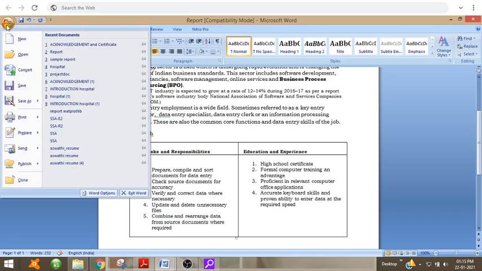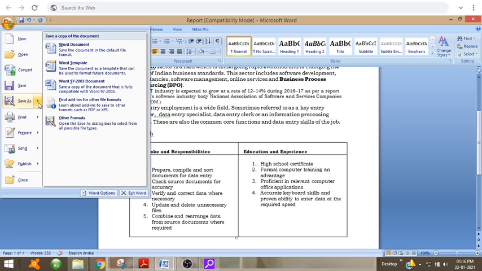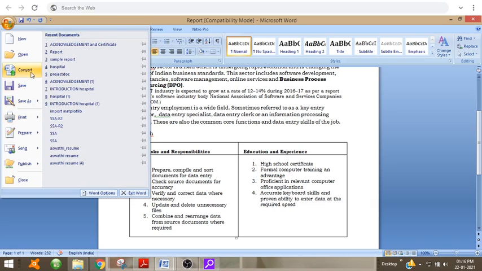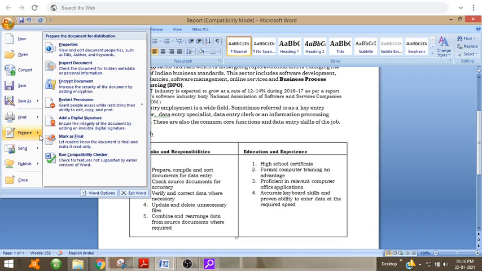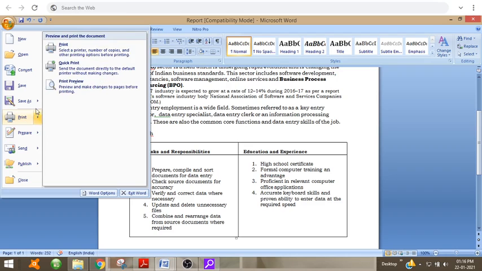Now this is also a menu. For Microsoft Office, this file button is called the Office button. Now when we click on it, you can see arrows. These arrows indicate that there are again menus. For these options no arrow is there, but for this submenu there is an arrow. So you can see again a submenu is there. For this one also there is an arrow. So these right-handed arrows indicate that there are submenus in a menu.